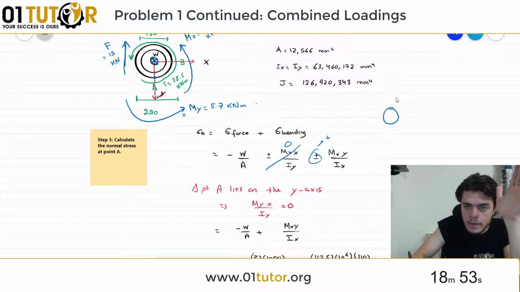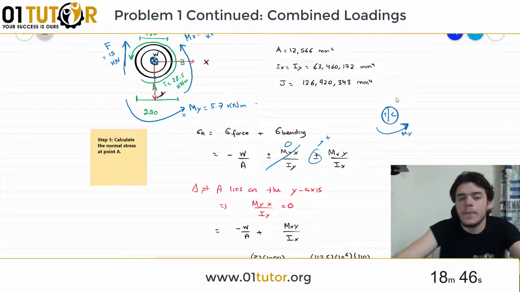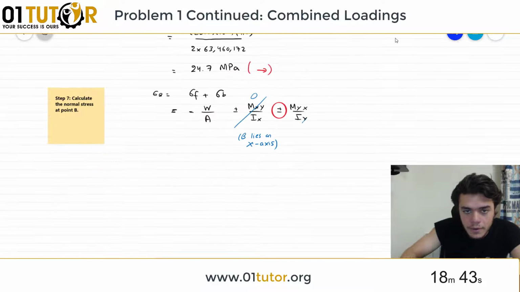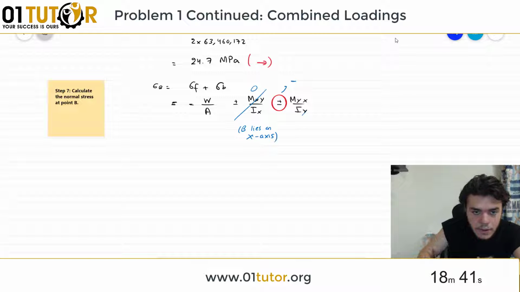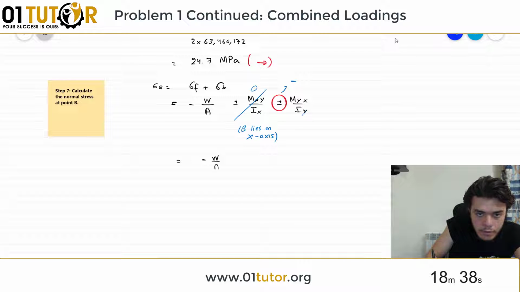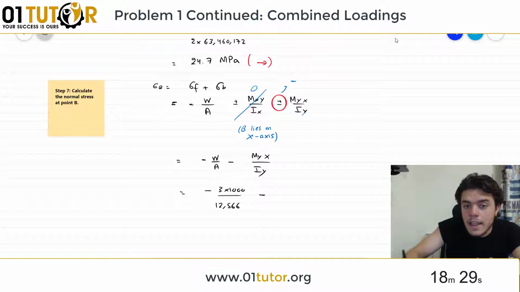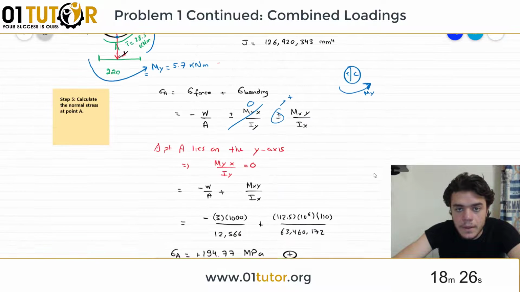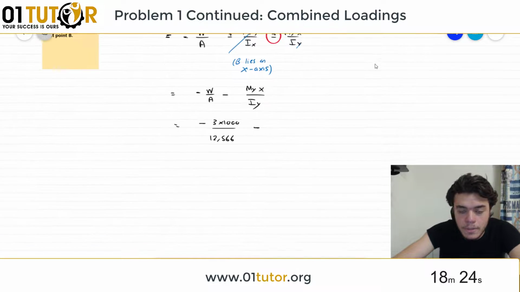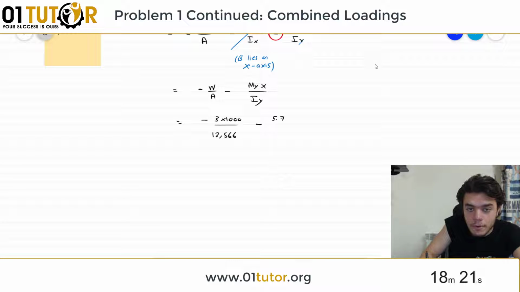So how did I know that? This is My, it's causing compression to the right and tension to the left due to this arrow in here. Okay, so point B is under compression, and therefore this thing in here is going to be a minus. So it's going to be minus W over A minus My x over Iy. W is 3 times 1000 over 12,566 minus My in here is going to be 5.7 kilonewton meter. Change it to Newton millimeter, so 5.7 times 10 to the power 3 multiplied by x, which